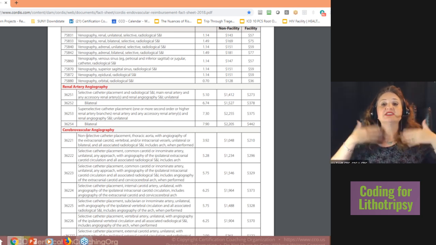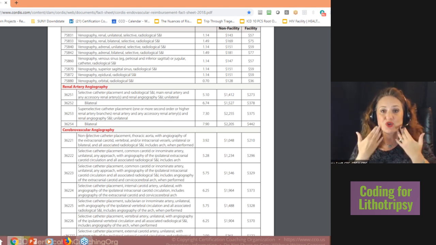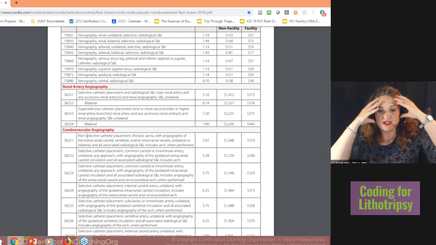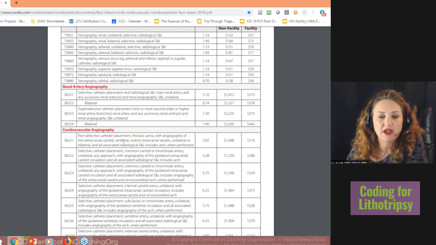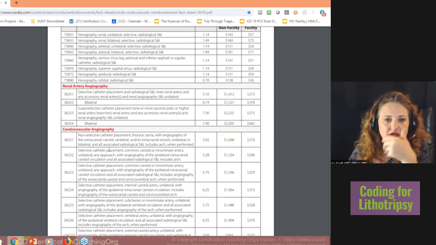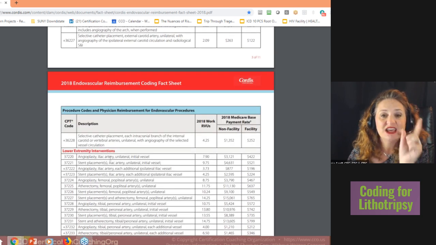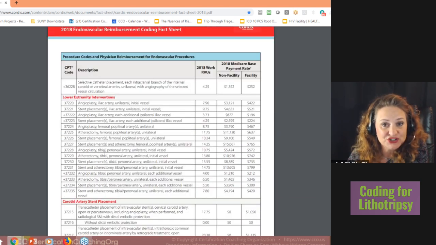Cerebral, head, vascular, not carotid veins. Because carotids aren't veins, they're arteries. But this is cerebral vascular, okay? And cerebral vascular also means arteries too. So, okay, then we've got lower extremity interventions. This is where you're going to start seeing, because these are peripheral,